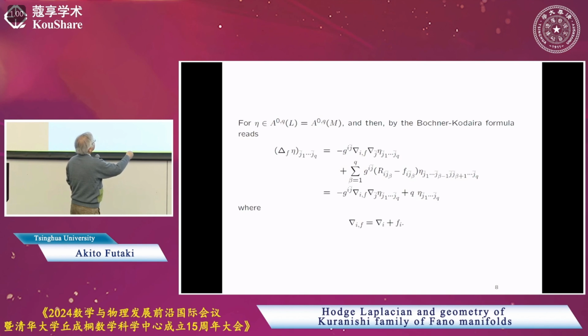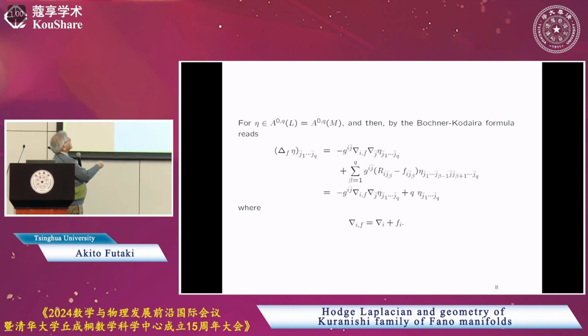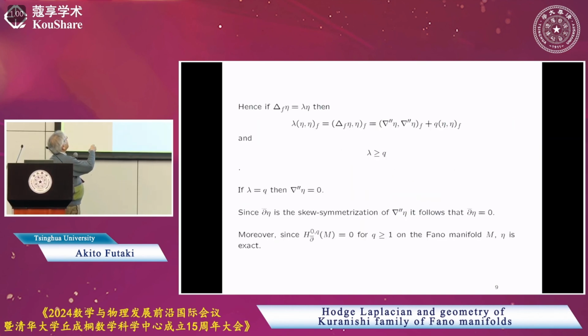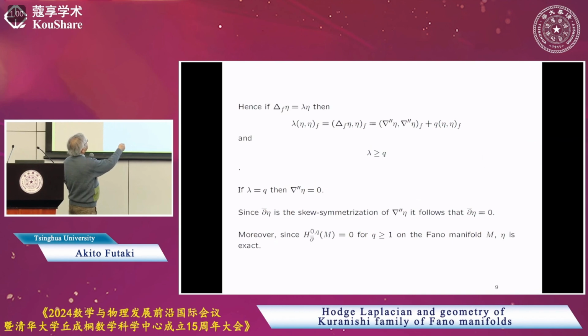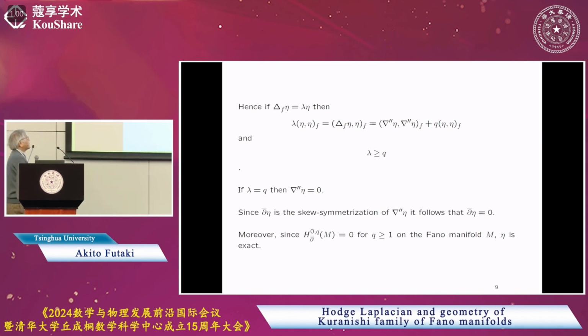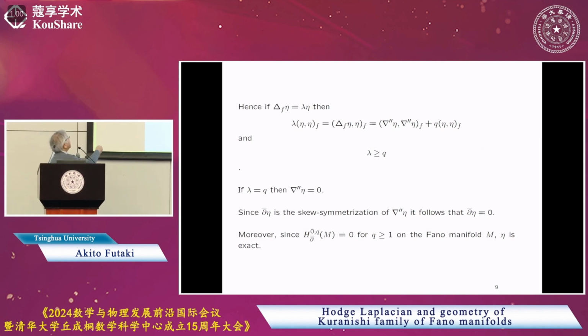So this becomes eta itself. But we take q times, so we have q times this form. So if eta is an eigenform for this Laplacian, then we have this formula. So this is positive, and q lambda has to be bigger than or equal to q. Also, if lambda is equal to q, then